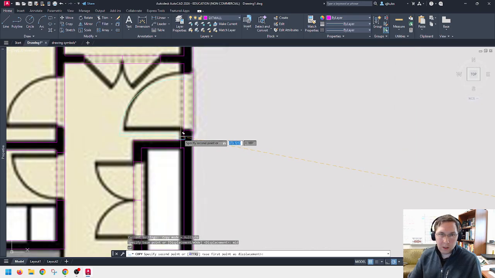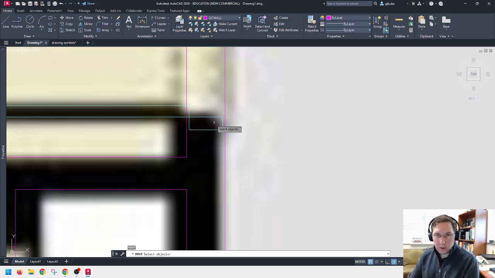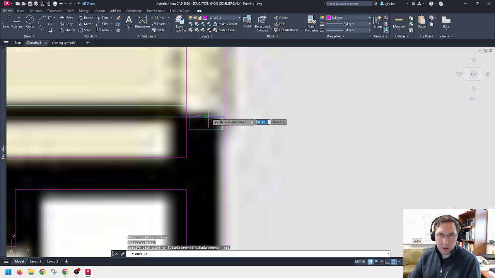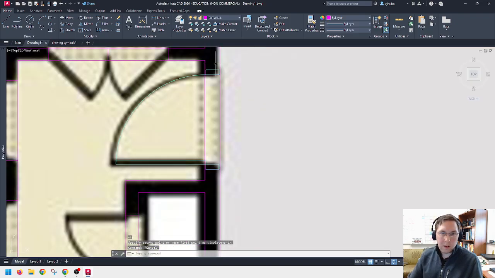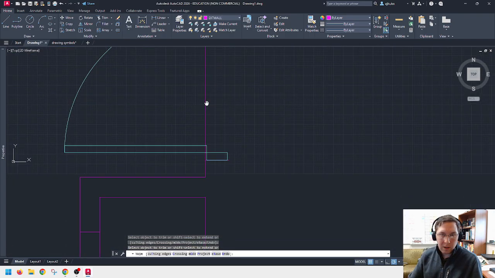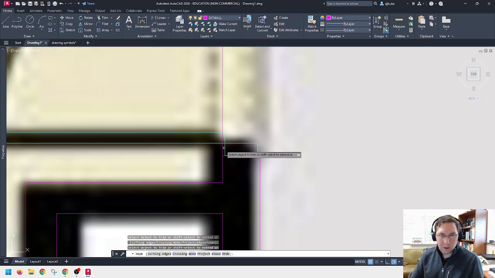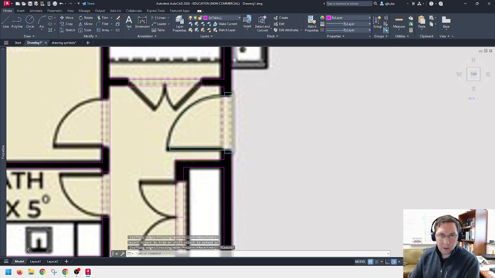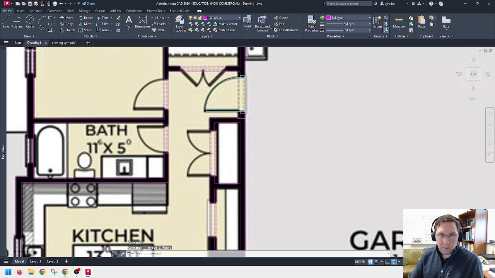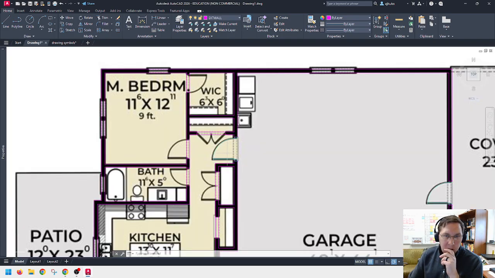Midpoint, copy from here. Move that to the midpoint of here. There we go. Move this guy mid to there. And then move this guy mid to there. Trim everything that's not. Yep, that's one. And then